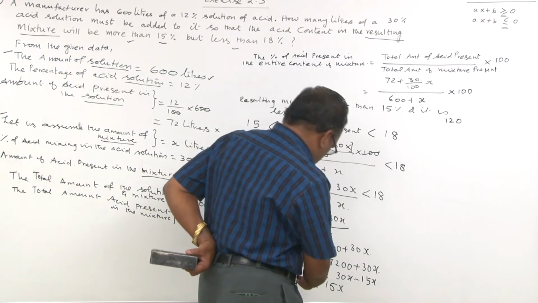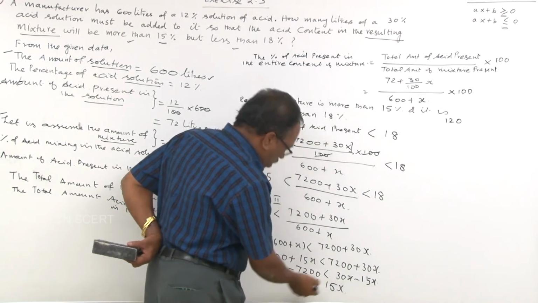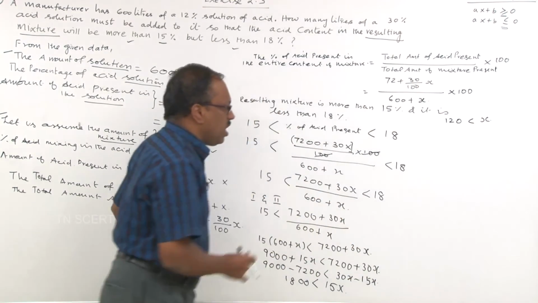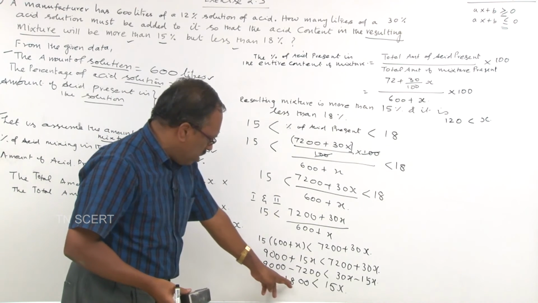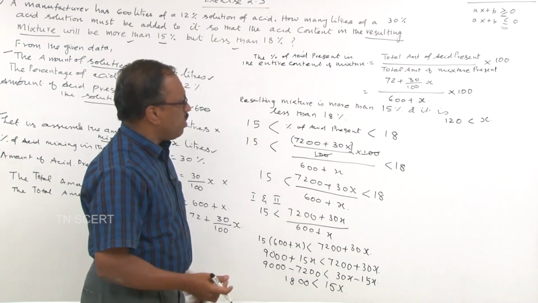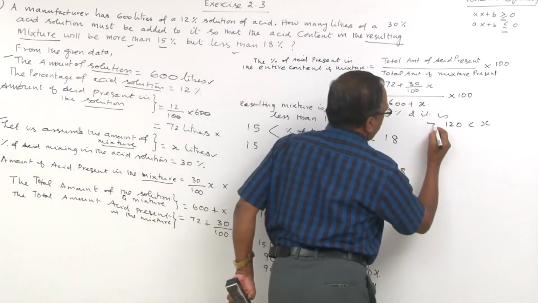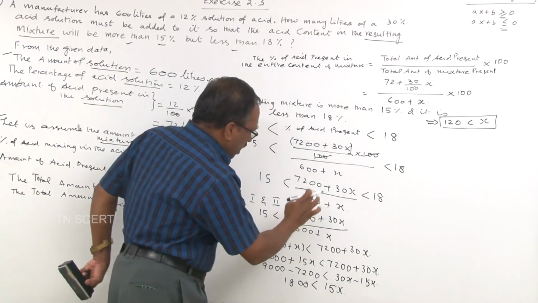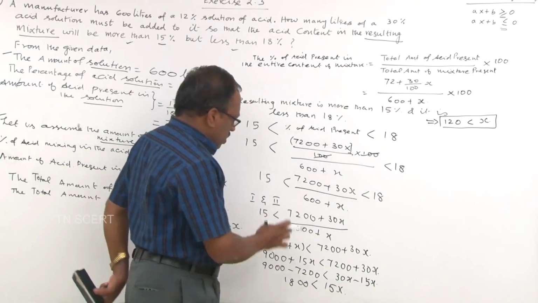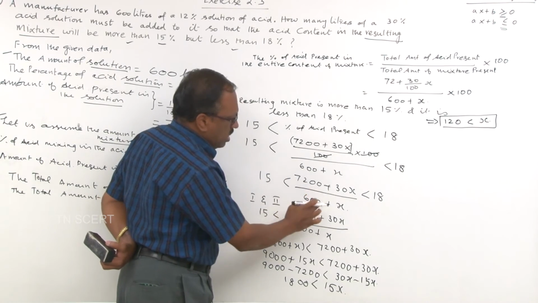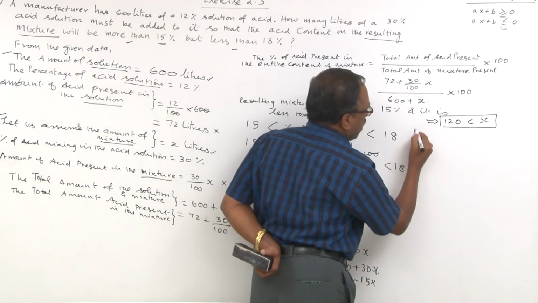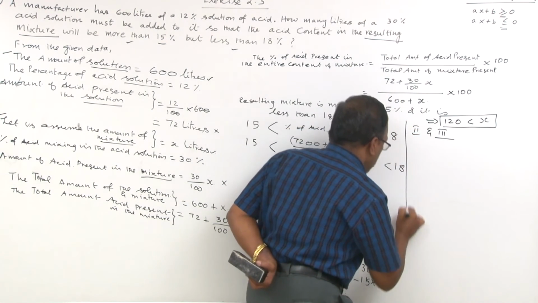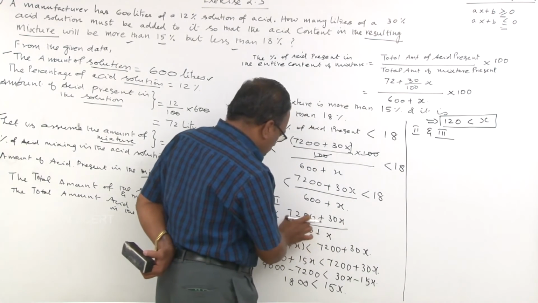See this part, this one and this one getting cancelled, it is less than x here. So what I am getting here, 120x, this one once I simplify I am getting as 120x for the first part. And second one, let me take this and other part. So first I have taken first and this, next let me take second and third part. And by way of taking second and third part, see here second and third part is what is that,